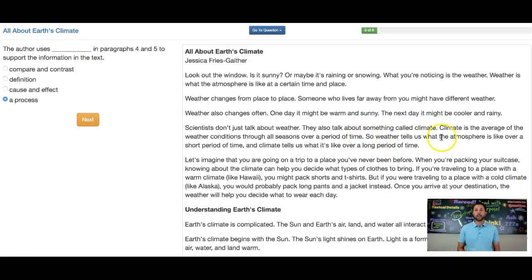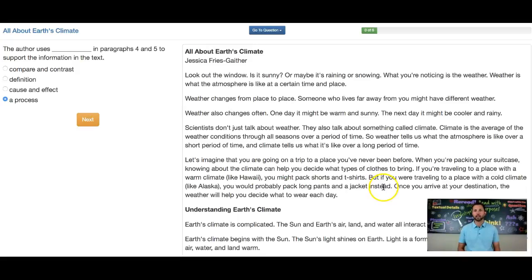So weather tells us what the atmosphere is like over a short period of time, and climate tells us what it's like over a long period of time. This tells me that this is more than a definition, that there's weather being compared to climate. Let's read on and see. Let's imagine that you are going on a trip to a place you've never been before. When you're packing your suitcase, knowing about the climate can help you decide what types of clothes to bring. If you're traveling to a place with a warm climate, like Hawaii, you might pack shorts and t-shirts. But if you were traveling to a place with a cold climate like Alaska, you would probably pack long pants